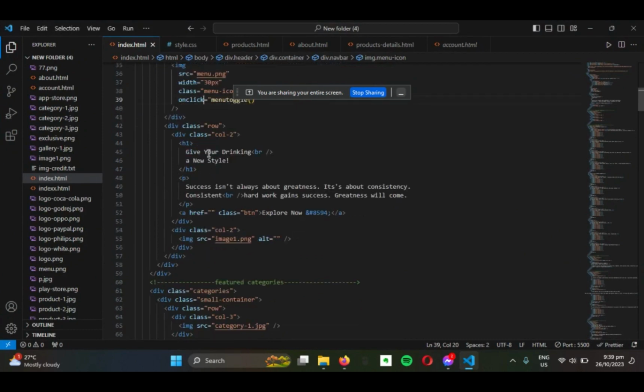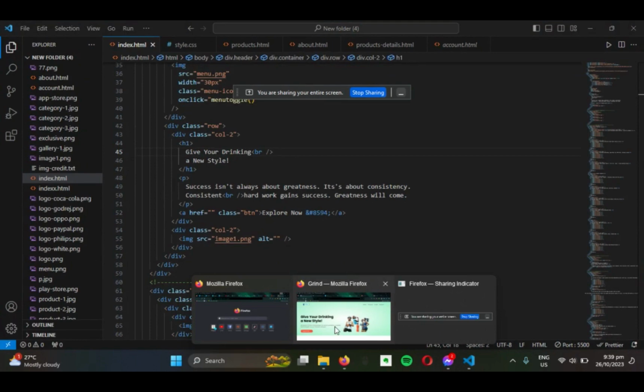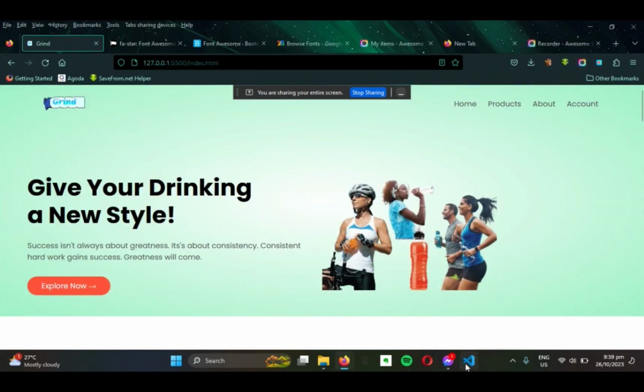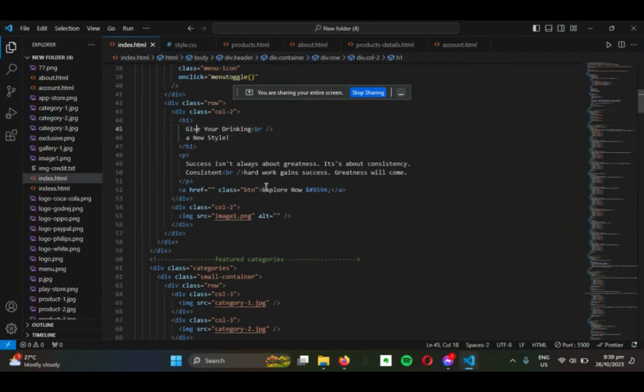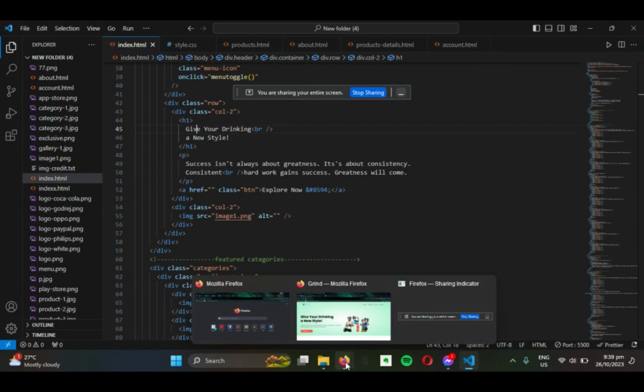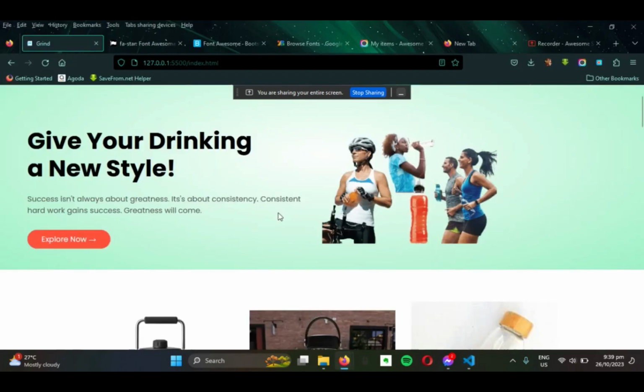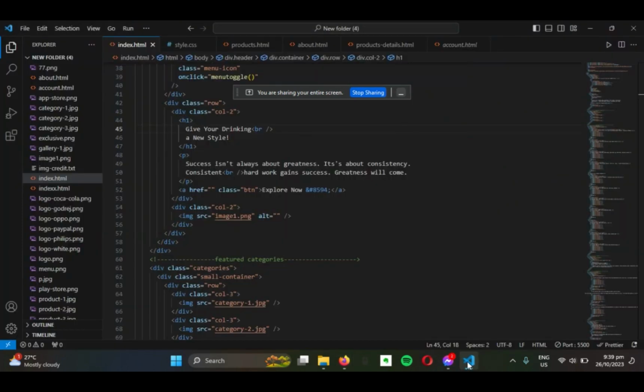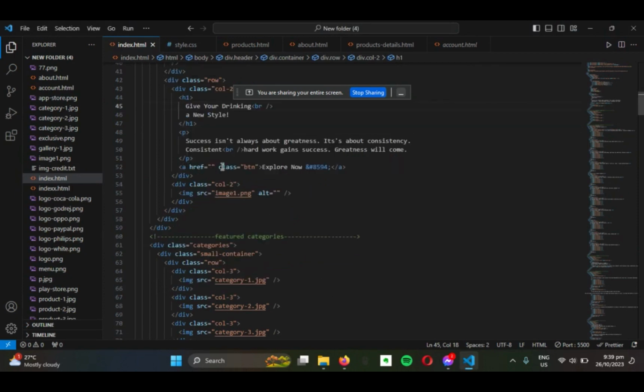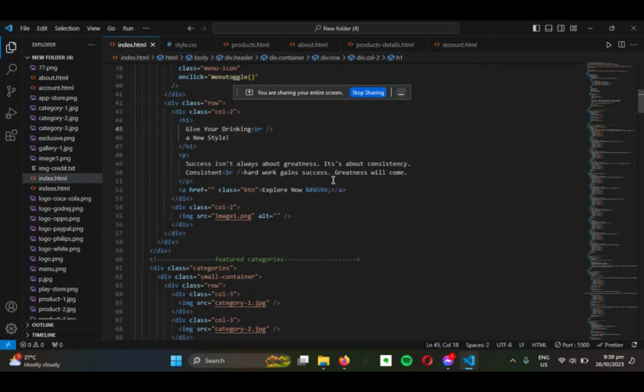The div class row, the text, "Give your drinking a new style," with the paragraph break line and the button, Explore Now. The style for it is